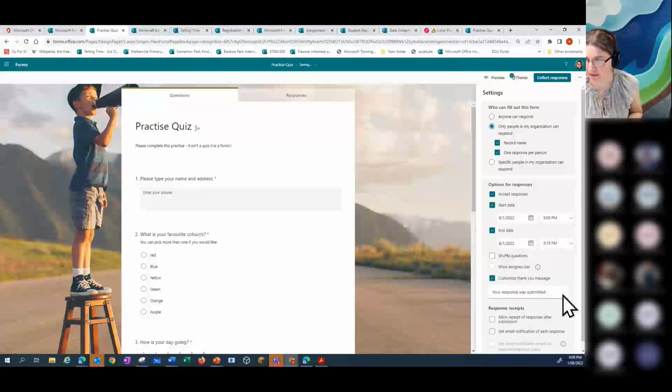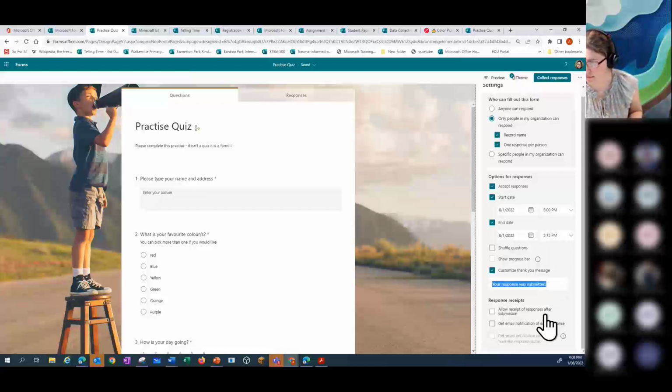And then I can also customize what people get when they submit the form. So you might want to put an email address in here that people can use to contact you, for example. And then allow receipt of responses after submission and get email notification for each response. Now, if it's a form that is going to be used a lot, you don't want to be ticking that because you get lots of emails. But if it's a form that you want to know when people have filled it out, you might want to tick those